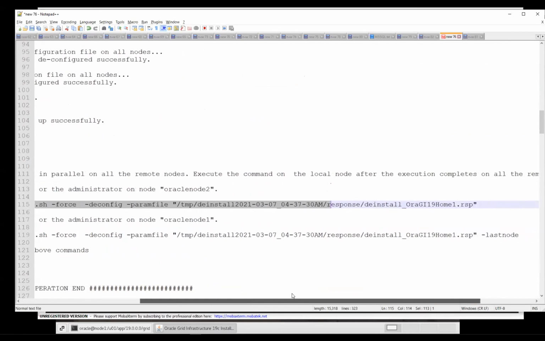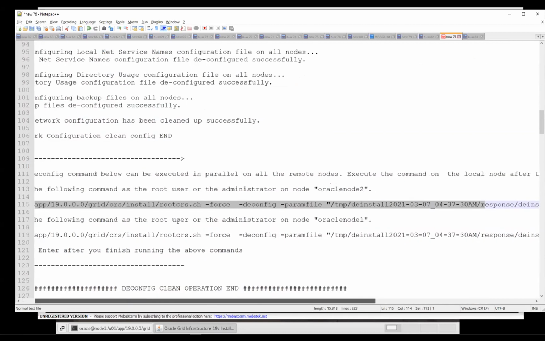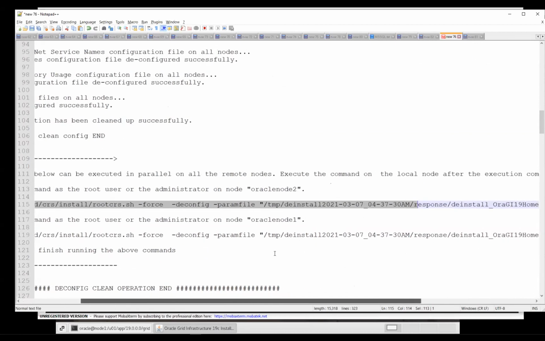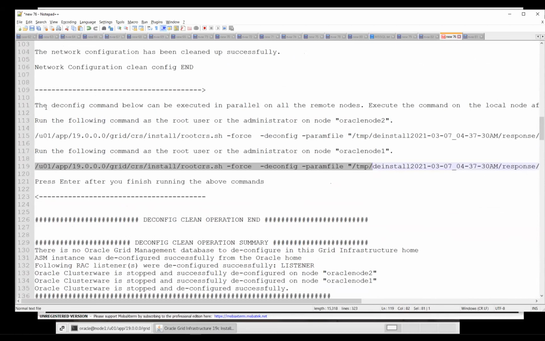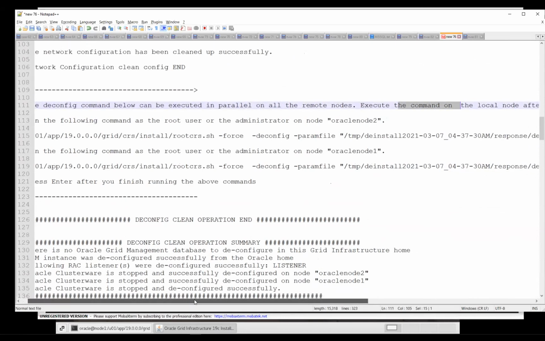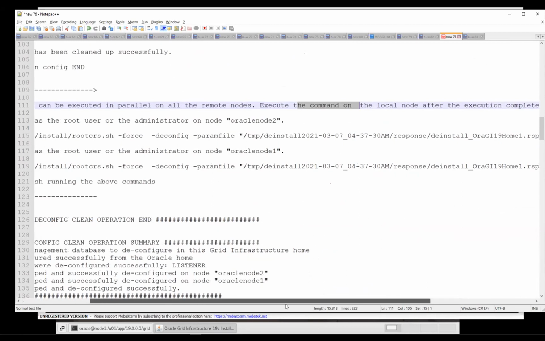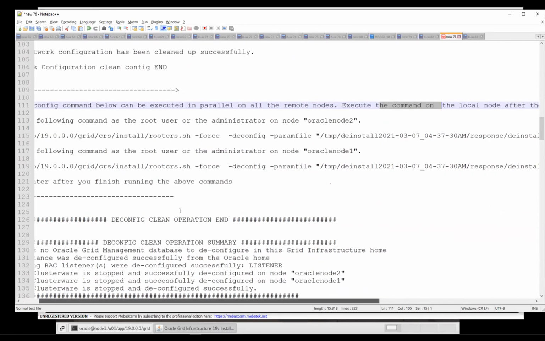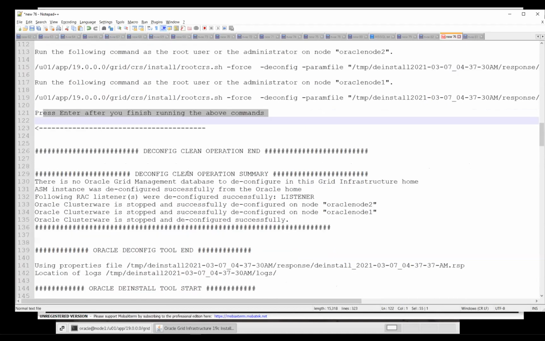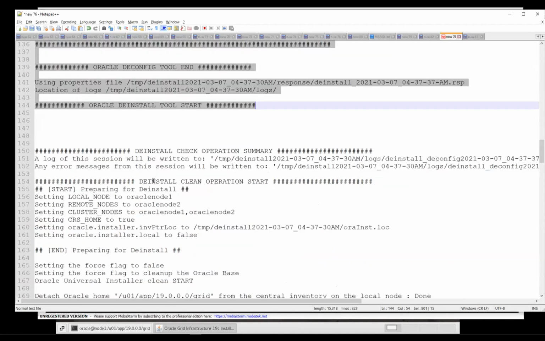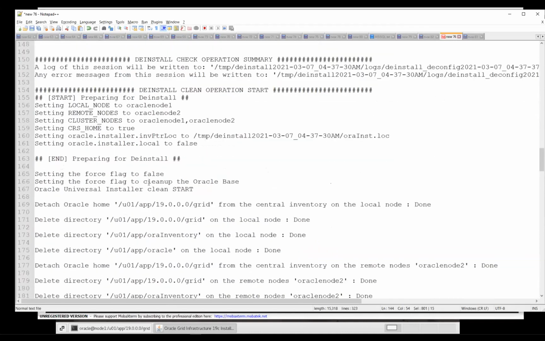It will ask you to run this on node 2, and then run this particular command on node 1. Once you run that, come back here and just press enter. It clearly mentions that the deconfiguration on the nodes can be run in parallel or executed one by one. Execute them, come back here, and give enter. The moment you enter, it will complete your deconfiguration. That's pretty straightforward, a single command. You can make use of that. So that concludes your deconfiguration.